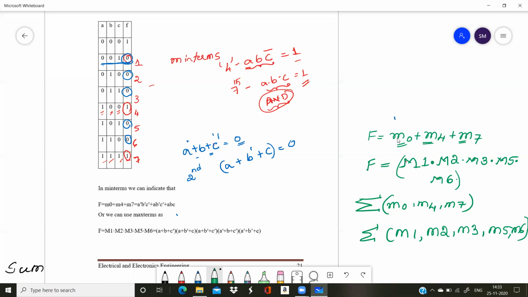So wherever in the truth table the output is equal to 1, that is a minterm. If the output is equal to 0, that is a maxterm. Remember this. For the next topic, we need this minterm. Generally, we use the minterm, which is written in the sum of product form. In the sum of product form, we usually use the minterm. So for minterm, we need to remember to write the sum of product form.